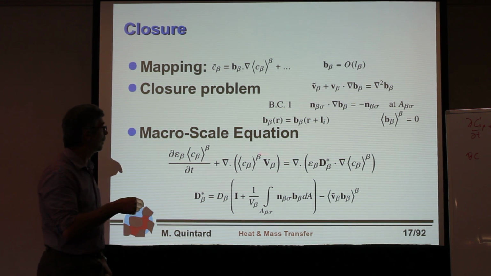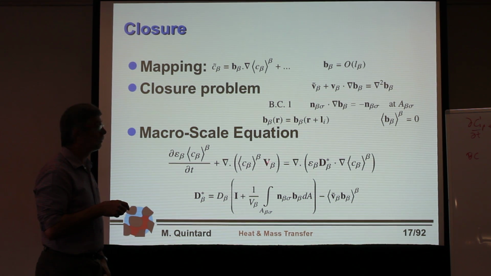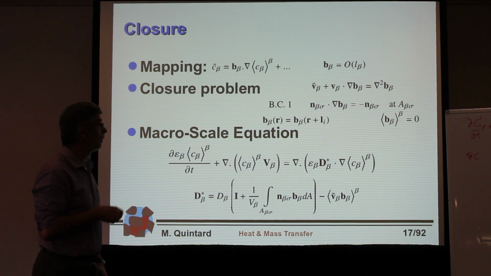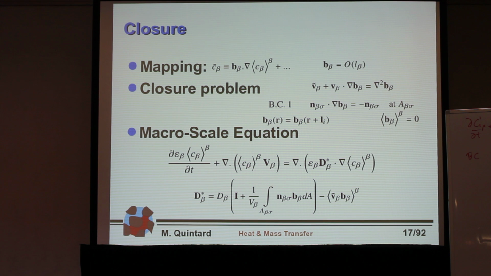I have this macro scale advection, where I could put epsilon u here, the intrinsic velocity, and here I have effective diffusion,